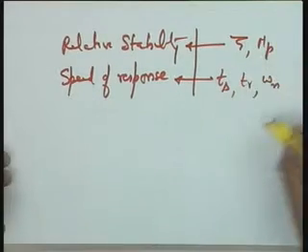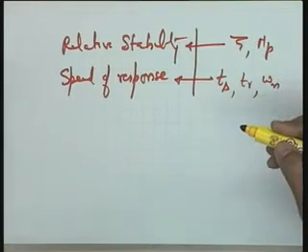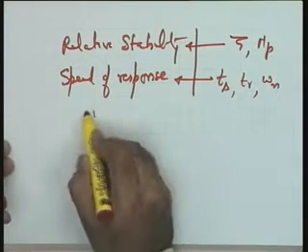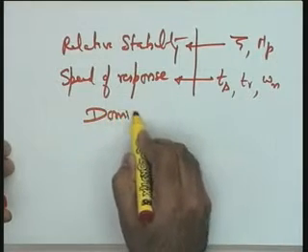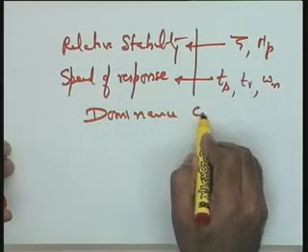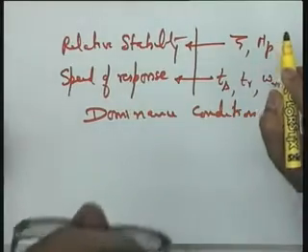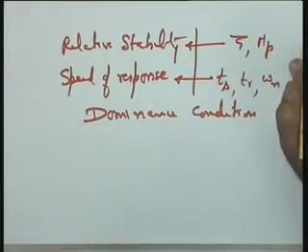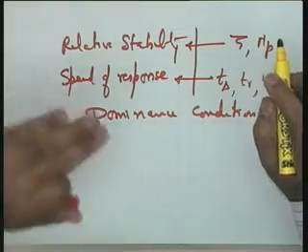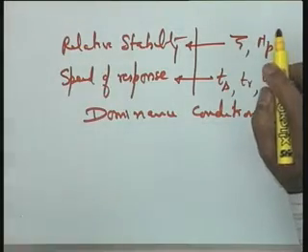However, when you specify these requirements with respect to a second order system, the dominance condition must be examined and suitable action has to be taken, so that either the dominance condition is satisfied, or if it is not satisfied, then the effect of the third pole or other poles on the performance of the system is taken care of. You have to take that into consideration while you take up a design problem.